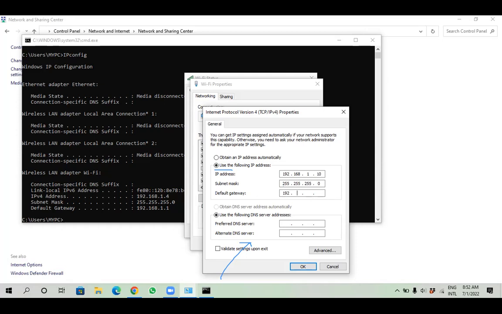That is 192.168.1.1. And then the DNS server. DNS is how a domain is translated to an IP. When you type a website name in your browser's address bar, it will be sent to this DNS. It will check whether this address is available and do the translation. After the translation, it will direct you to the particular address on the internet.